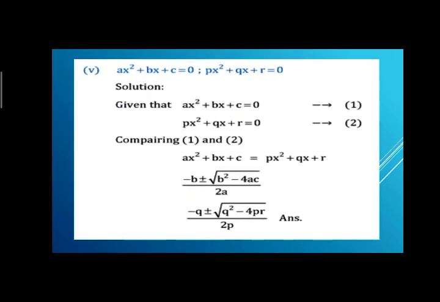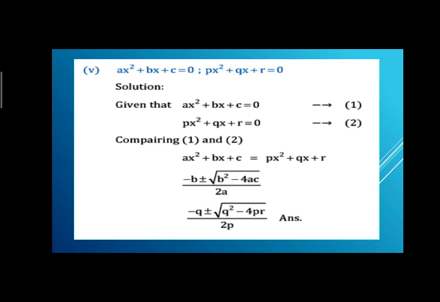Now we move forward to the further question, that is the same question of question number 4. Here we use the equation ax square plus bx plus c is equal to 0, and the second equation, px square plus qx plus r, is equal to 0. Here we have two equations and we solve this question by using the formula method. So we discussed that if we need to apply another formula for another question, then you apply another formula. So here we have both the equations.